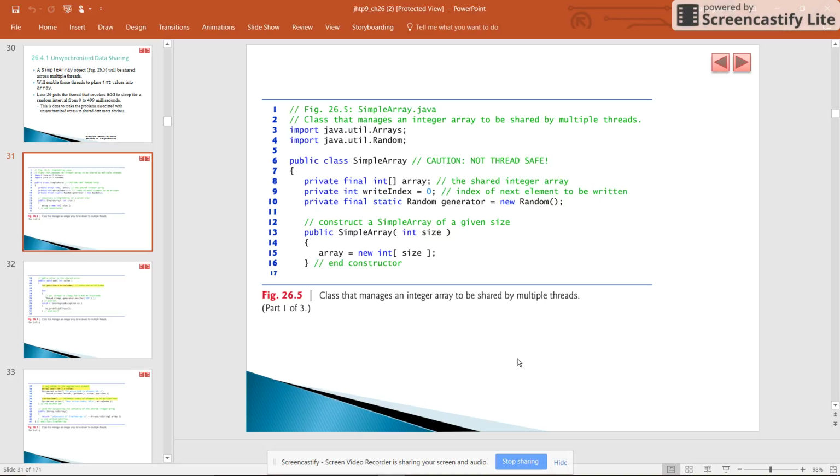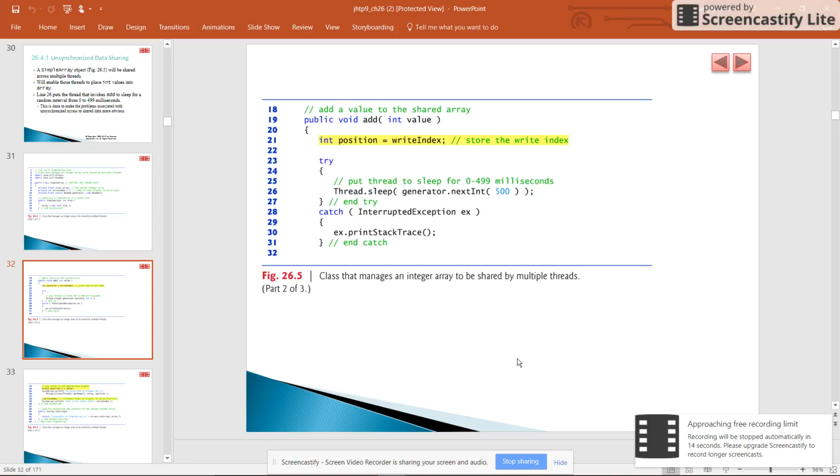Then after int, we write the element to be written, and we give a random generator for random time, and we give the int size, which will be under the array part. And we start with the public void. So we write the int position where it should be stored, and the time over there. After the thread is completed, after the time is completed, automatically it goes to the